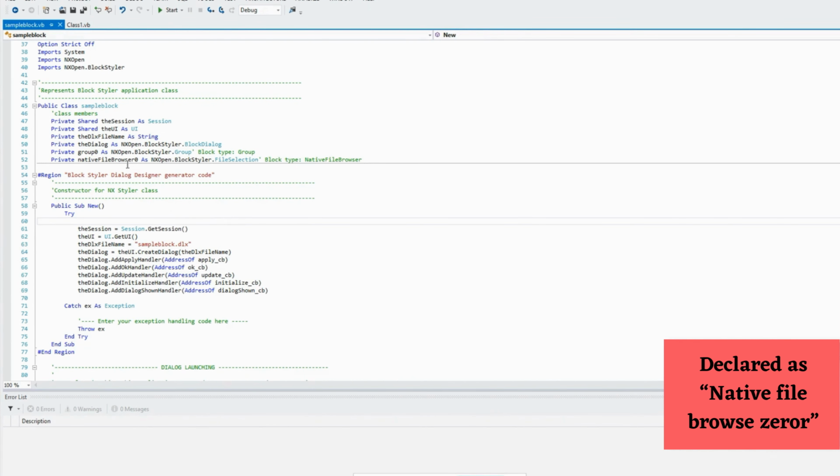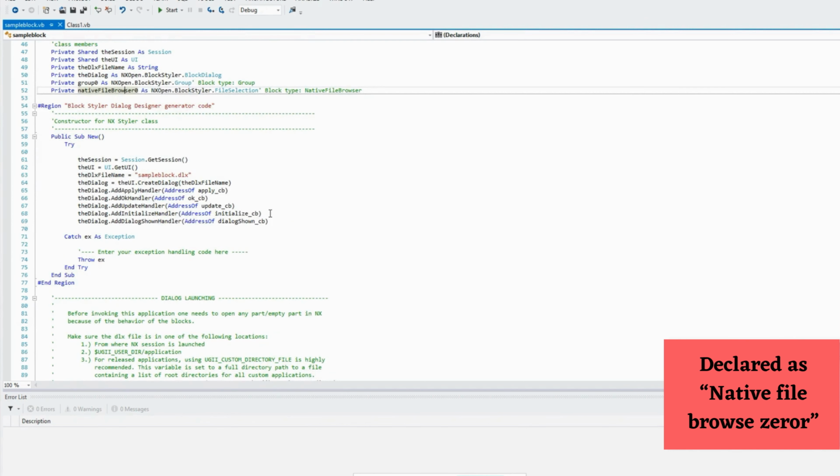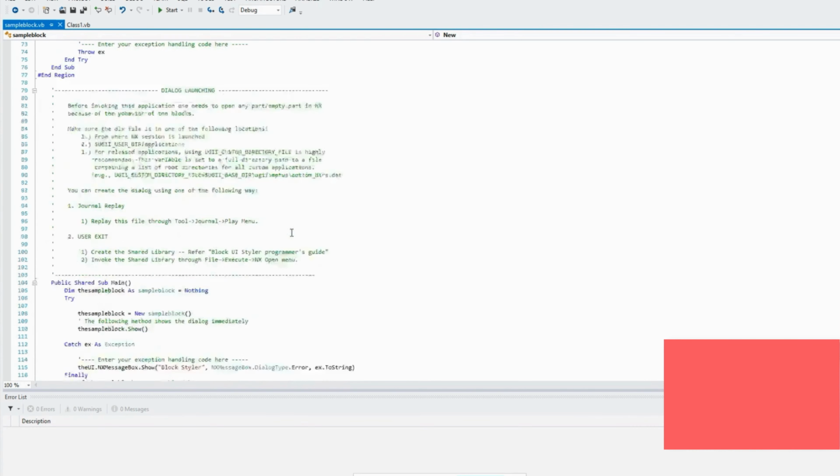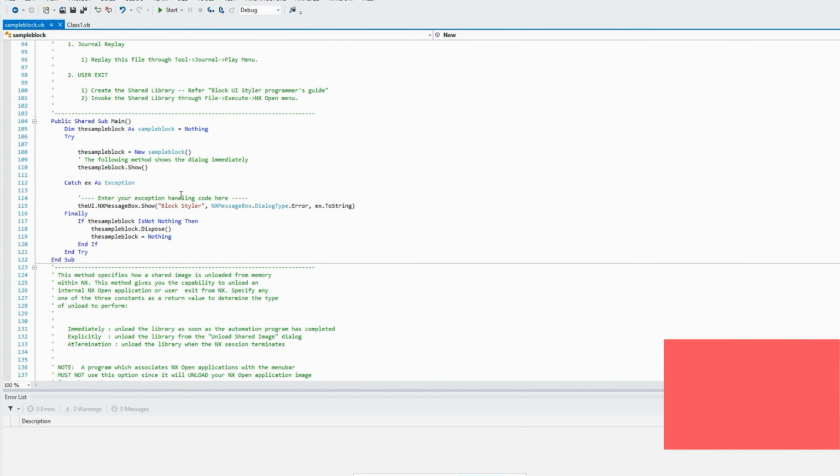This is a variable name for that. This is where this is initialized, I would say. A dialog box, then